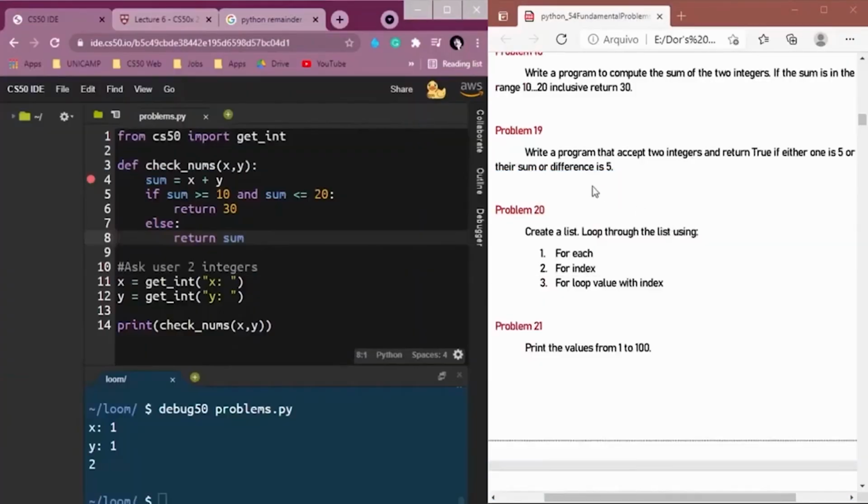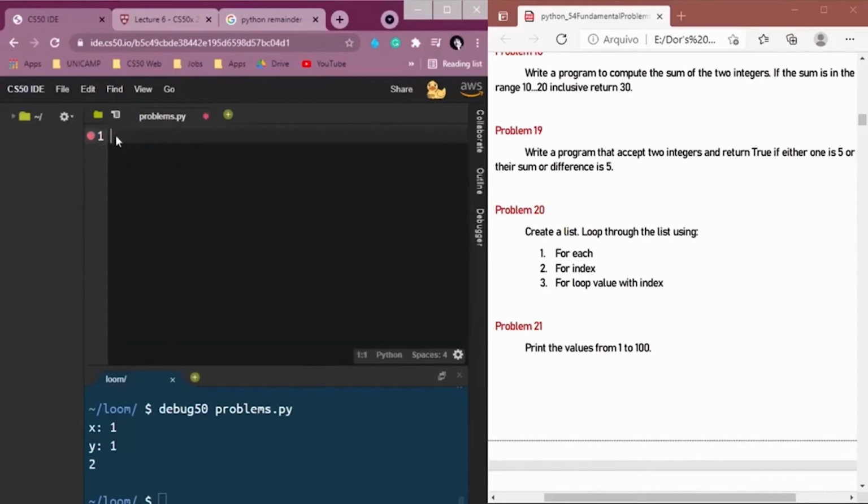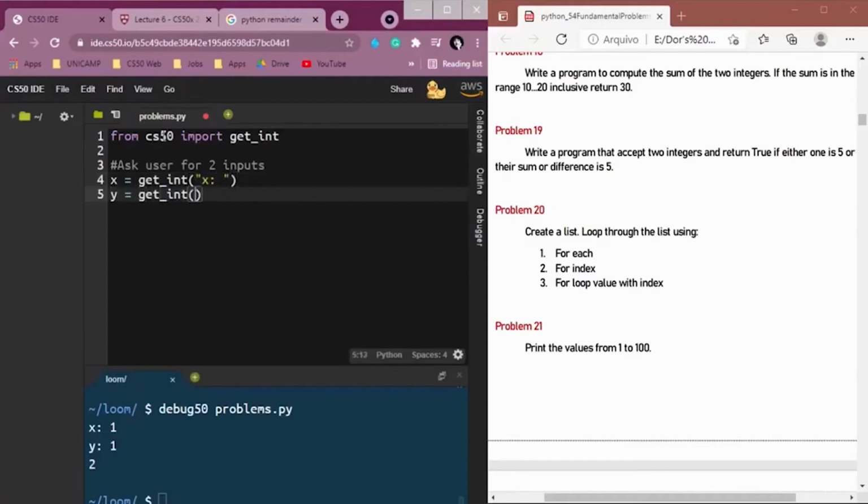Okay. Now let's write a program that accepts two integers and returns true if either one is 5 or their sum or difference is 5. So it's basically the same idea here. Okay, but let's do this from scratch. So we're going to ask the user for two inputs. So remember, from cs50 import get_int, and we're going to ask the user for two inputs. And what are we going to do? x is equal to get_int x, y is equal to get_int y,